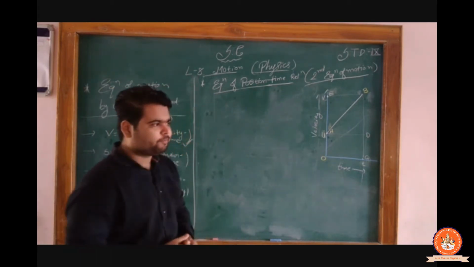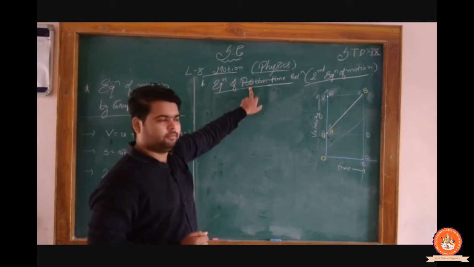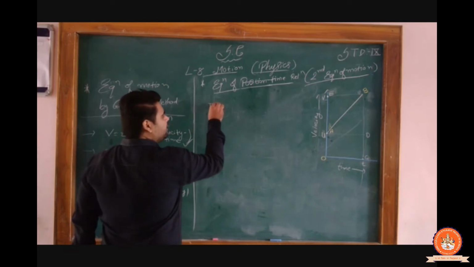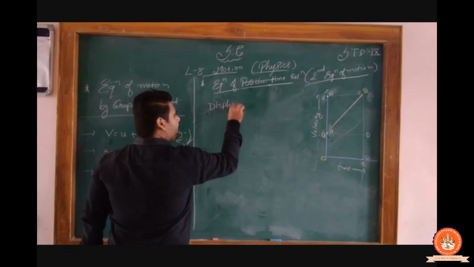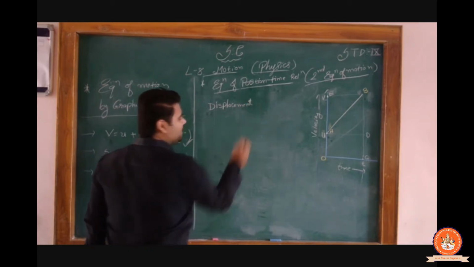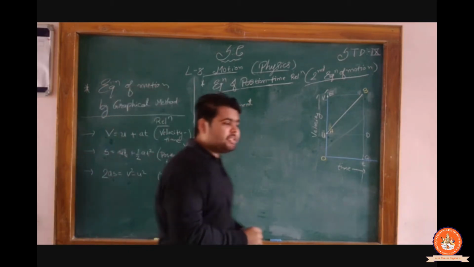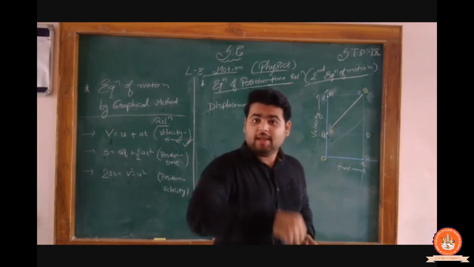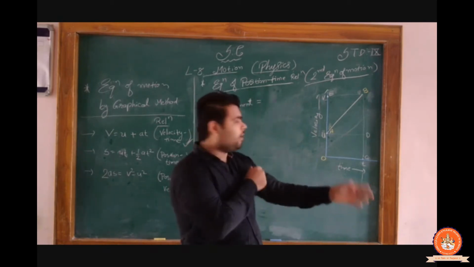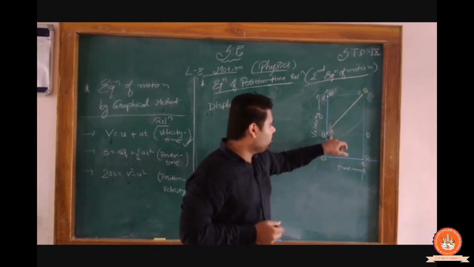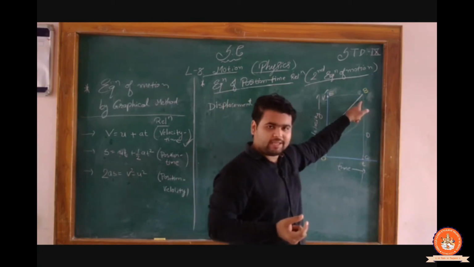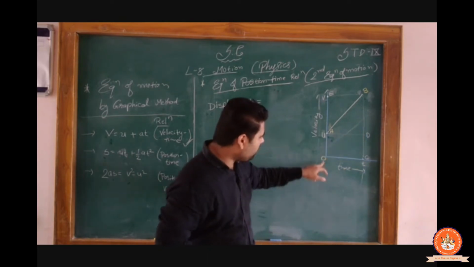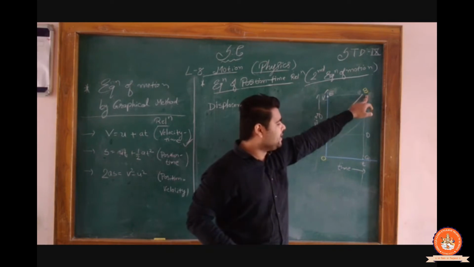Clear, bachawade? Now we know very well that position means what? It's known as displacement. And in the previous lecture we had discussed how from the graph we can find the displacement. Yes, bachawade, it is the area that the particular object covered. So the object covered from A to B, the area between A and B is the displacement. So the area is what? OABC.